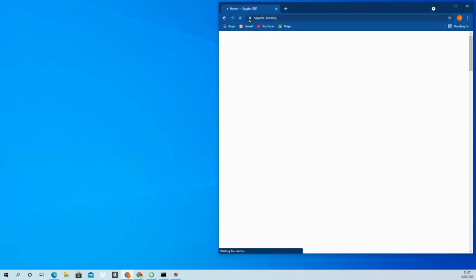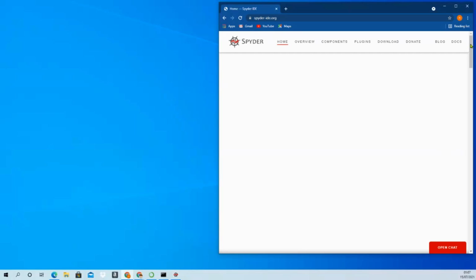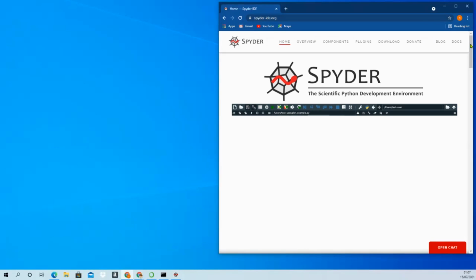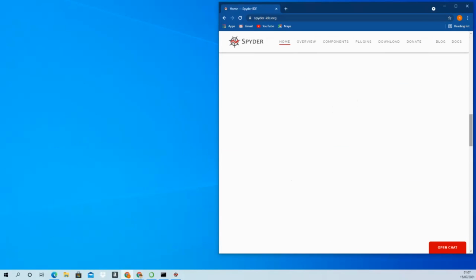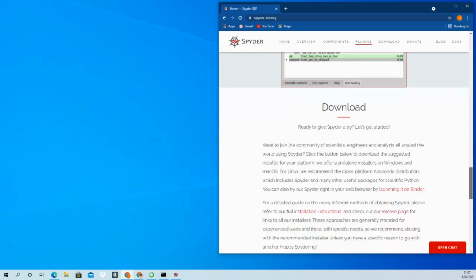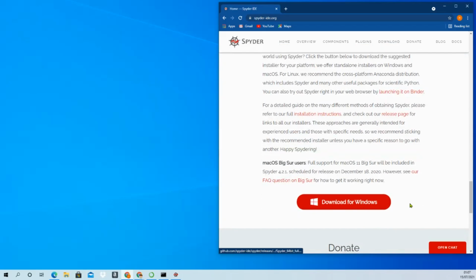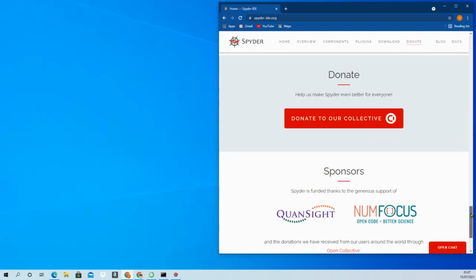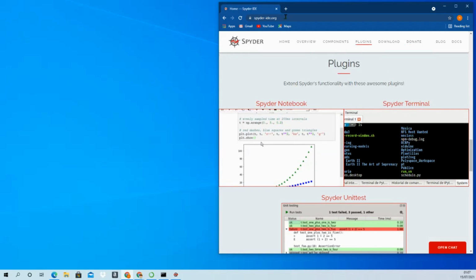If you just go to that website, from there you can follow the on-screen instructions. You'll see at the bottom of the page, this download for Windows, and if you're using a Mac, then it will show you the one for the Mac. And also you can individually download Jupyter Notebook,